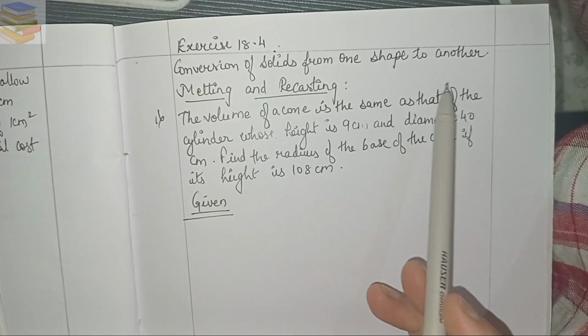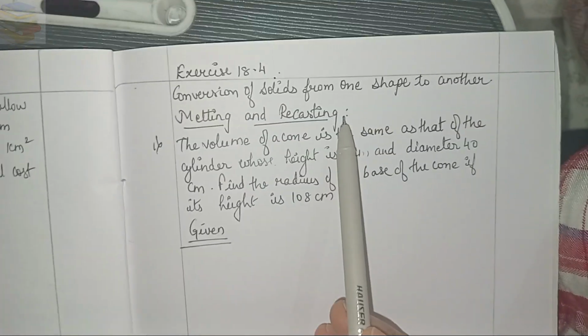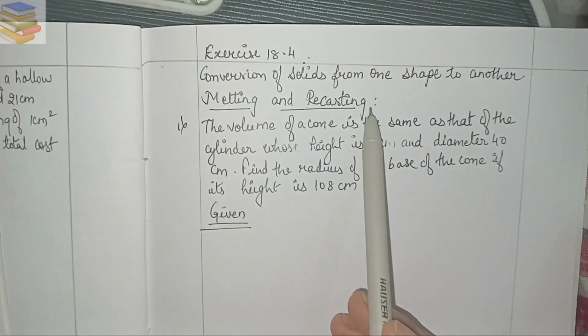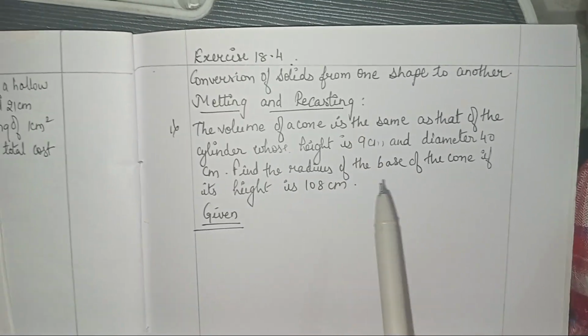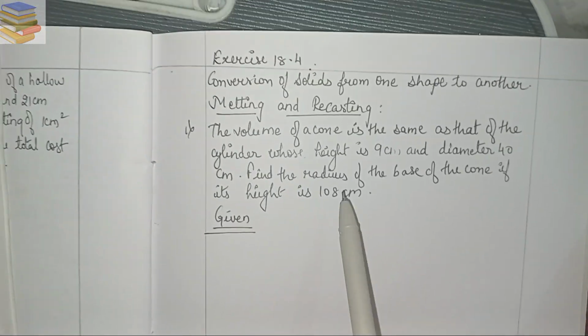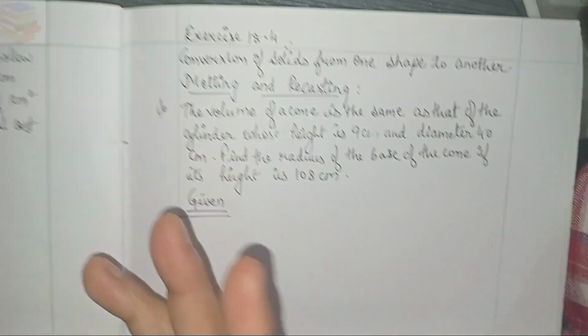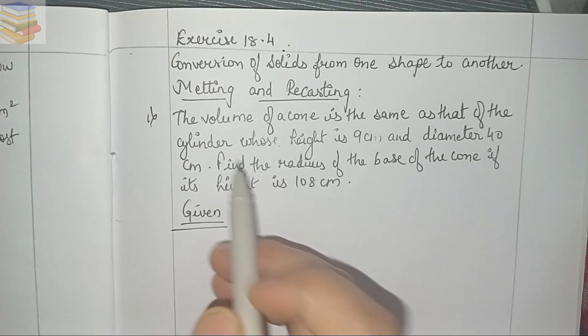From one shape to another. What happens is when a solid is converted from one form to another, the amount of volume remains the same. So it's basically 18.4 is the comparisons, okay? And then you have to calculate, compare karke, you have to, here likewise I will explain what is given,